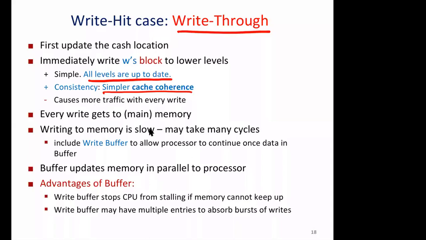Okay. However, the only disadvantage is that when you write and you have to write at all levels, including main memory, it means that there is a lot of traffic with every write. Now note one thing: caches work at faster speed, so writing time to caches is faster, but writing into main memory is slower because main memory is a DRAM, right? So it may take a lot of cycles, maybe 100 times more cycles. So now the processor has to wait to write into main memory, right? It's not good.